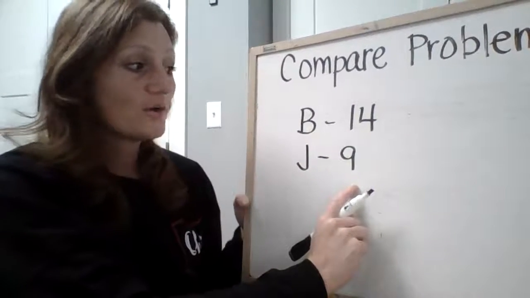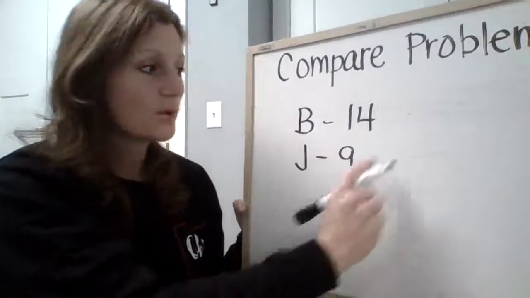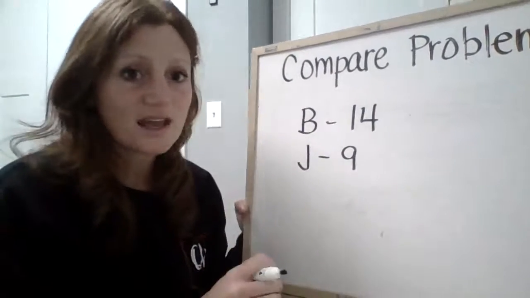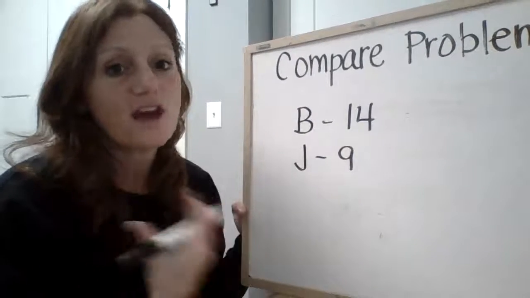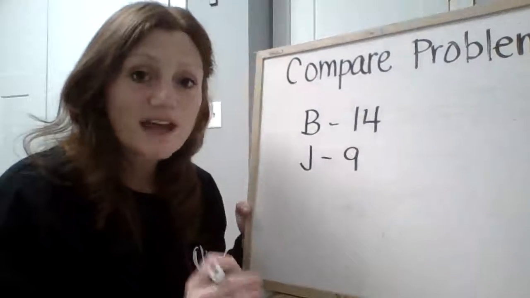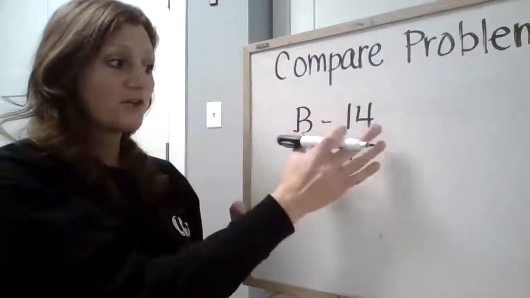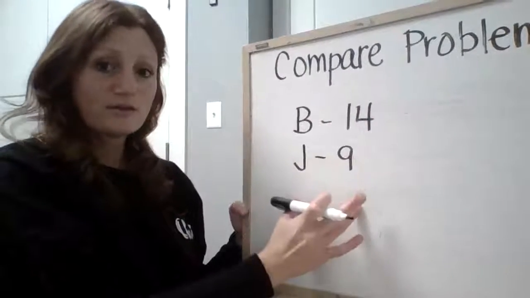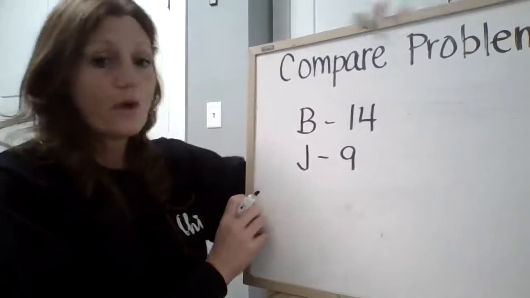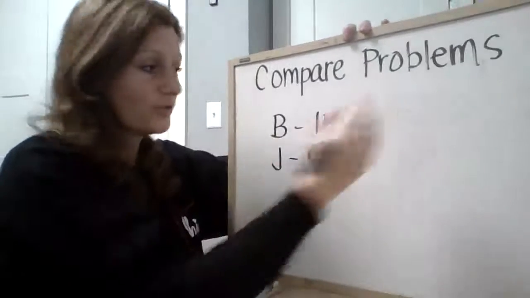I want to know how many more Pokemon cards Ben has than Jimmy. So I'm not saying how many Pokemon cards do they have altogether. That's not what this problem is asking. This problem is asking us to compare the amount of cards that Ben has to the amount of cards that Jimmy has. So there's a couple different things I can do. One thing I can do is I can draw 14